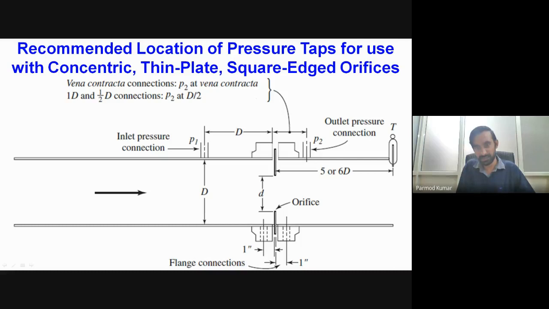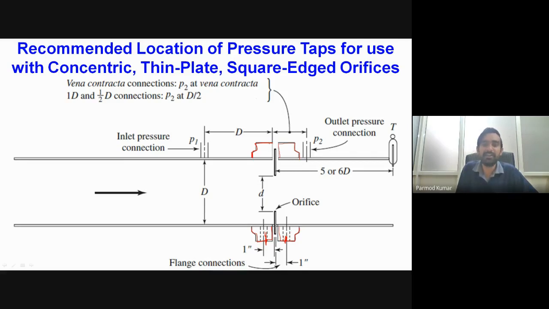You can see this particular section refers to the flange of the orifice plate. One of the recommended locations is the two ends of the flange. You can see this is one end of the flange, and this is the pressure tap on the downstream of the orifice plate. So first, we can have both the pressure taps on the flange itself, the flange which is actually holding our orifice plate. So that is one location.